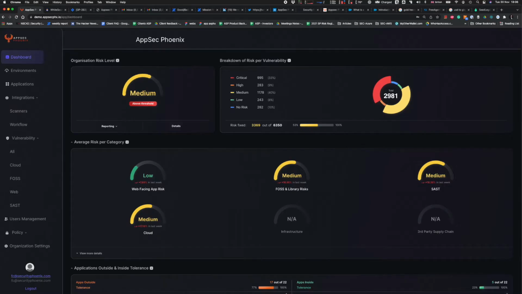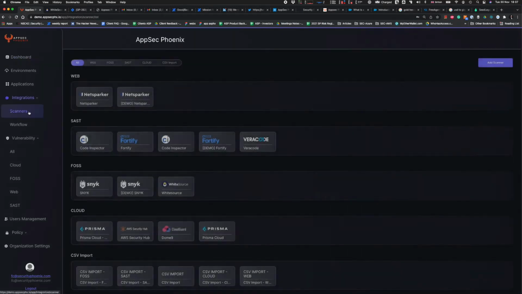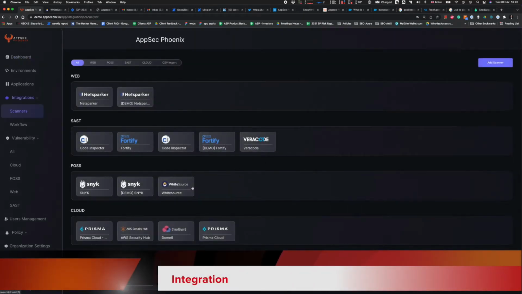And welcome back for another integration. Today we want to see the Whitesource integration, one of the latest integrations that we've done. So to fundamentally integrate Whitesource in your environment, you go on demo.appsecphoenix.io, you go on the scanner, and you click